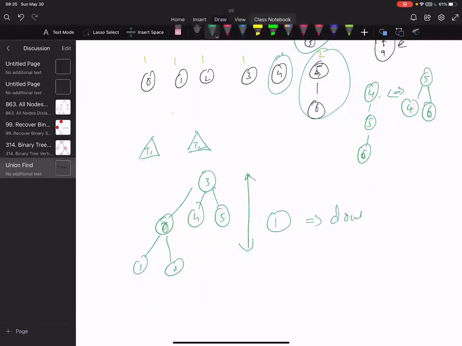So this approach where we count the size basically says that at most you will increase the depth by 1 when you double the size.